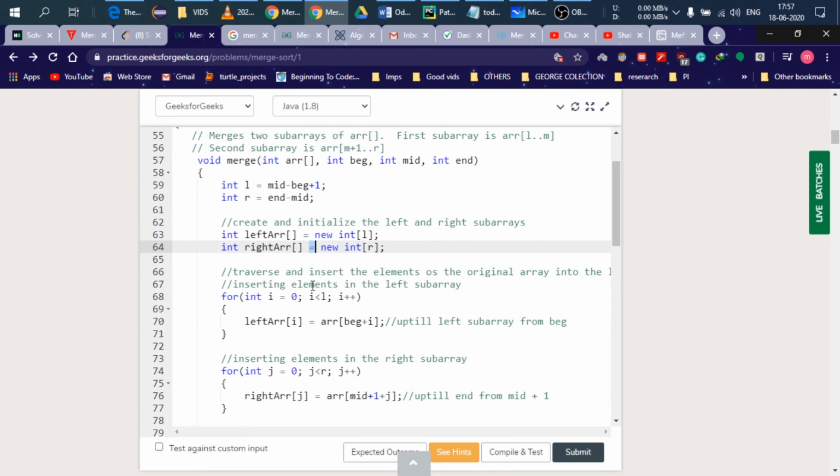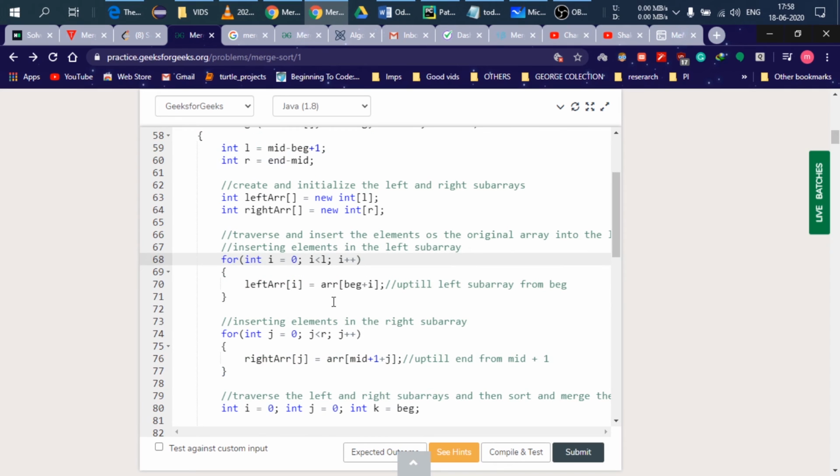and we'll initialize them to the size of the left array and the right subarray. After initializing both the arrays, now we insert the elements from the original array to the left and the right subarray. To do that, we'll start our pointer i from 0, and we'll go up till the length of the left subarray, and in this we're transferring the elements from the original array to the left subarray, and we've used beginning here because